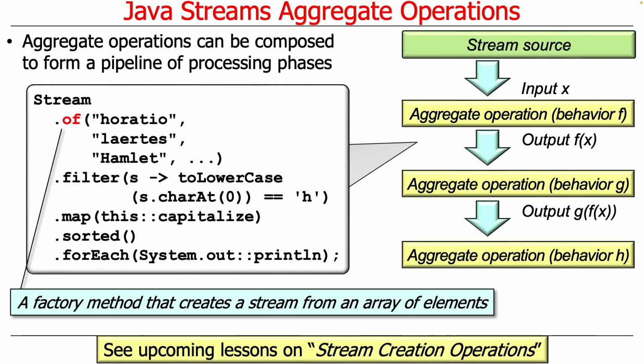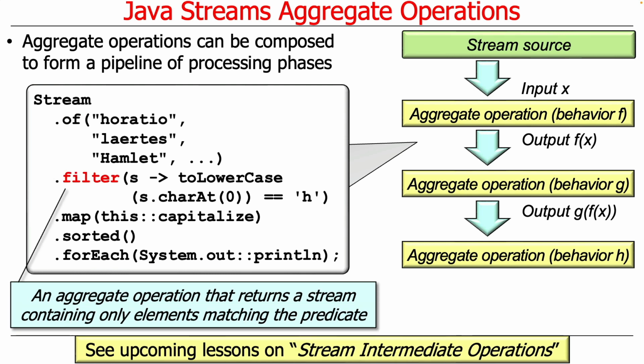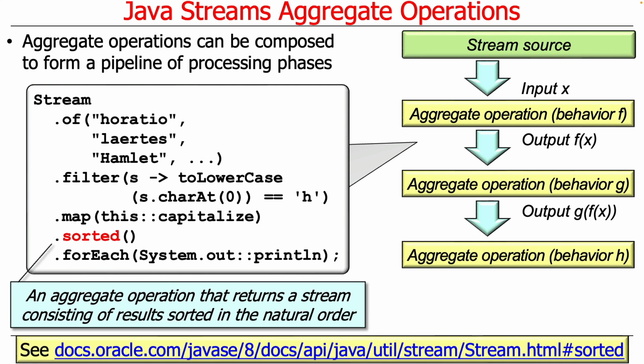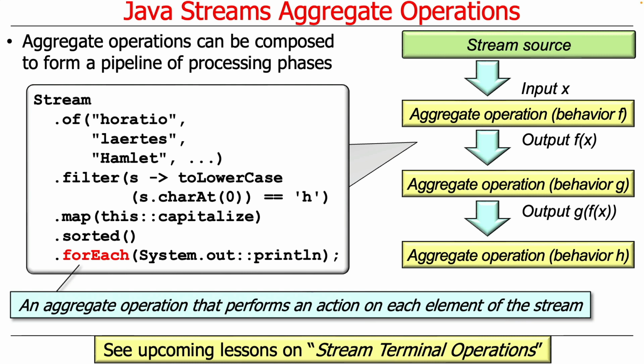The of factory method, as we've talked about now a number of times, is used to create a stream from an array of elements. So we get a stream out of an array. We then connect that to filter, which gets rid of anything that doesn't start with an uppercase or lowercase h. We then use the map intermediate operation to capitalize everything in a nice, consistent way. We then sort the final set of results, which will be things that start with h that are now capitalized consistently. And the final result here is the forEach aggregate operation that does the action on each element